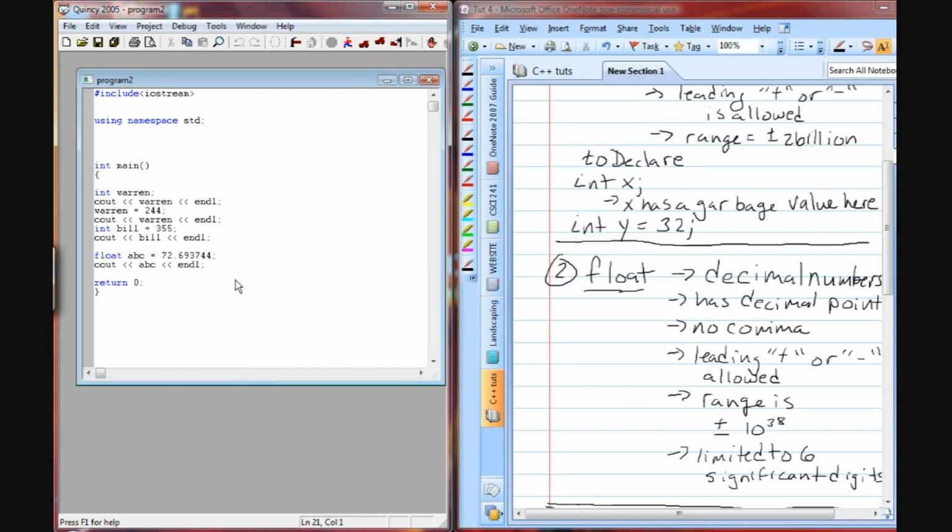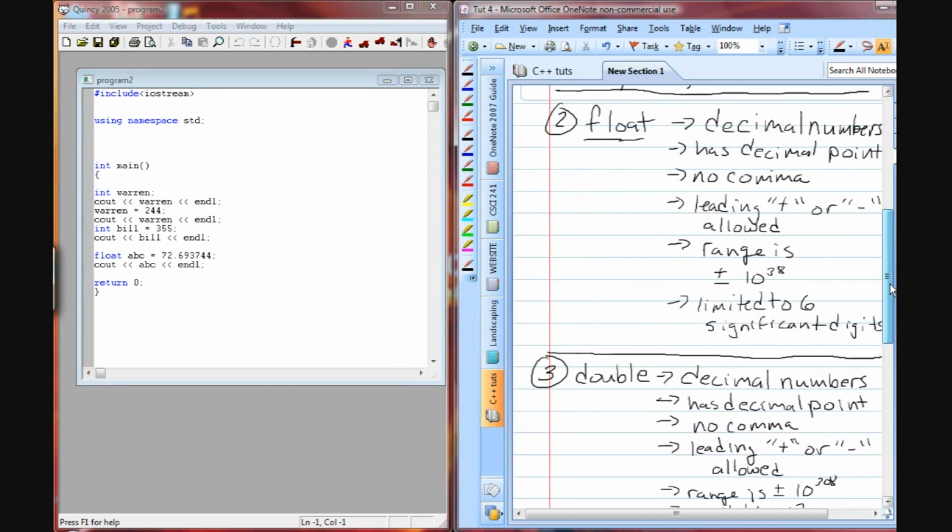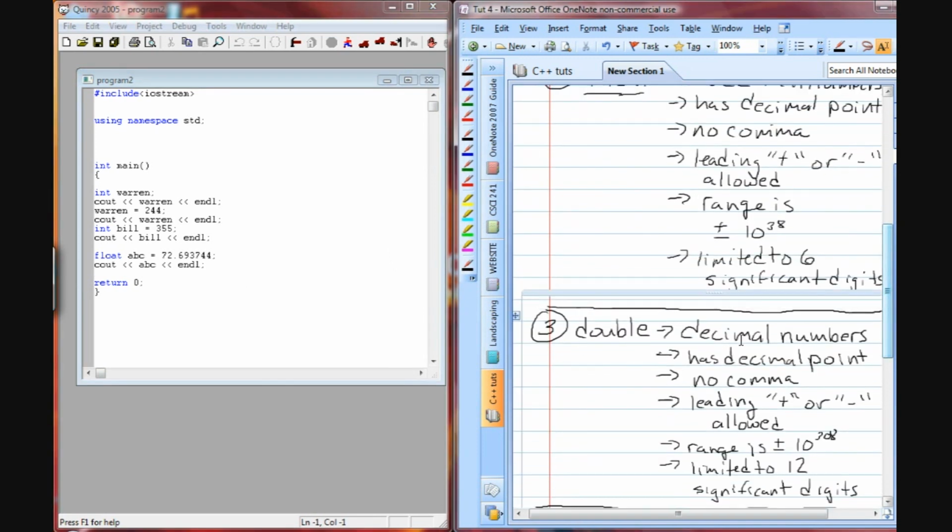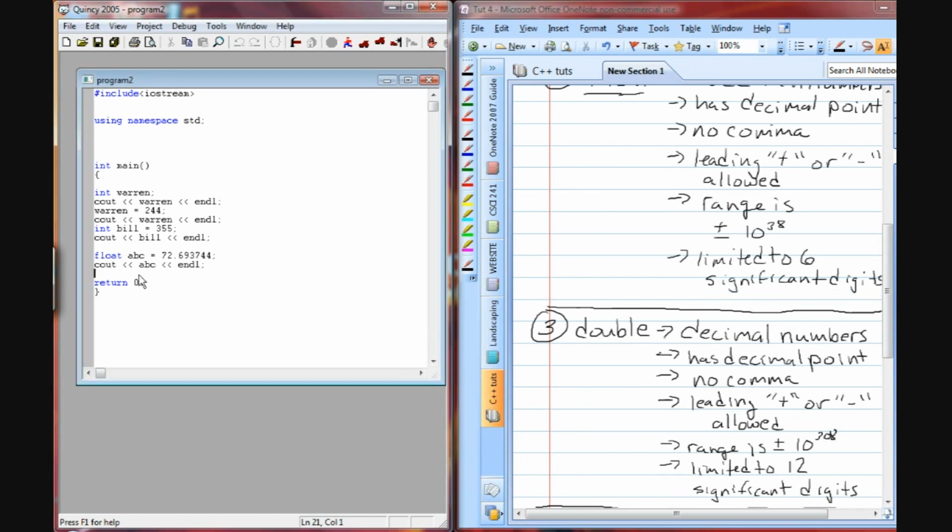So now the third numeric data type is double. And double deals with, again, decimal numbers, has a decimal point, no comma, leading plus or minus is allowed, range is much greater, 10 to the 308, limited to 12 significant digits. So if we declare double, and let's just do ARC, and we'll assign it a value of 1234566.987654321. Let's give it some ridiculous value here. We'll output this again, ARC,